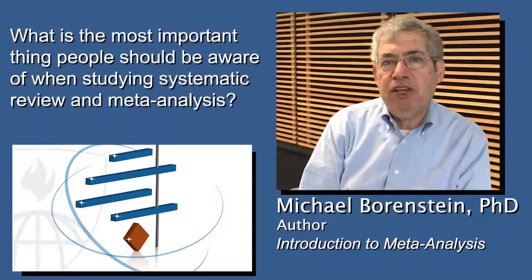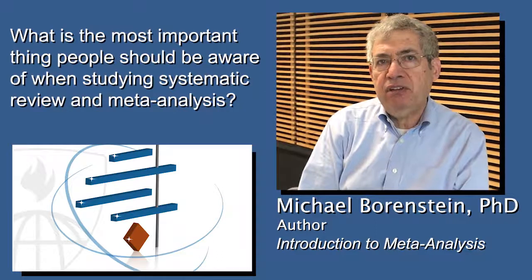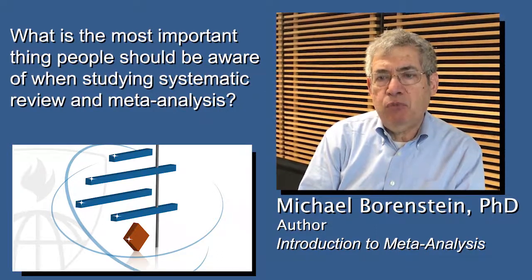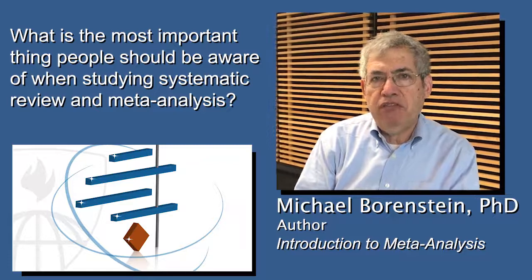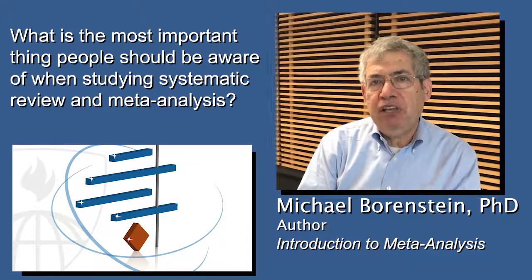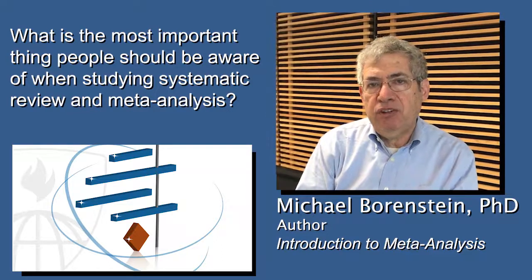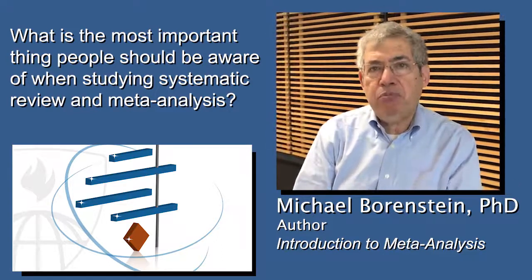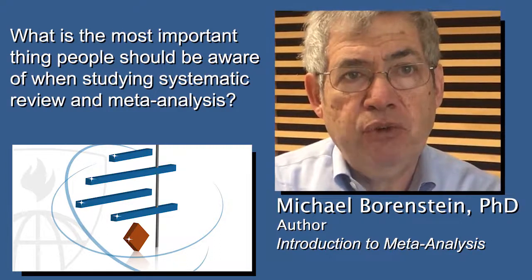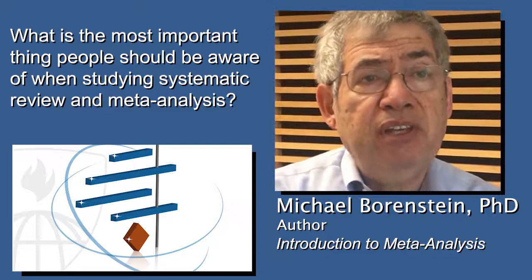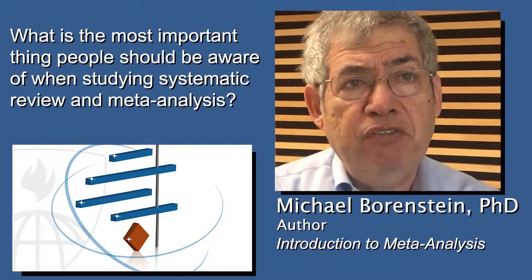I'm very concerned about the fact that people misunderstand statistics for heterogeneity. Because when people ask whether or not the effects are heterogeneous, what they really have in mind is how much does the effect size vary from study to study. Is it the case that the treatment has pretty much the same effect in all populations, or is it the case that the effect varies moderately, or is it the case that the size of the treatment effect varies, where